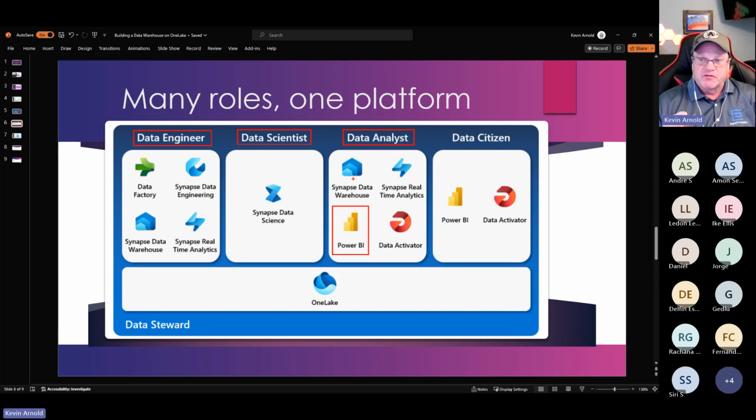Fabric doesn't solve the problem on whether or not people are going to restrict you from it, but if you could get access to the same data that somebody else is already bringing in, you could do it all through T-SQL. T-SQL is huge around doing Fabric. And if you wanted to get into doing real-time analytics that we kind of talked about, the data analyst could do that as well.